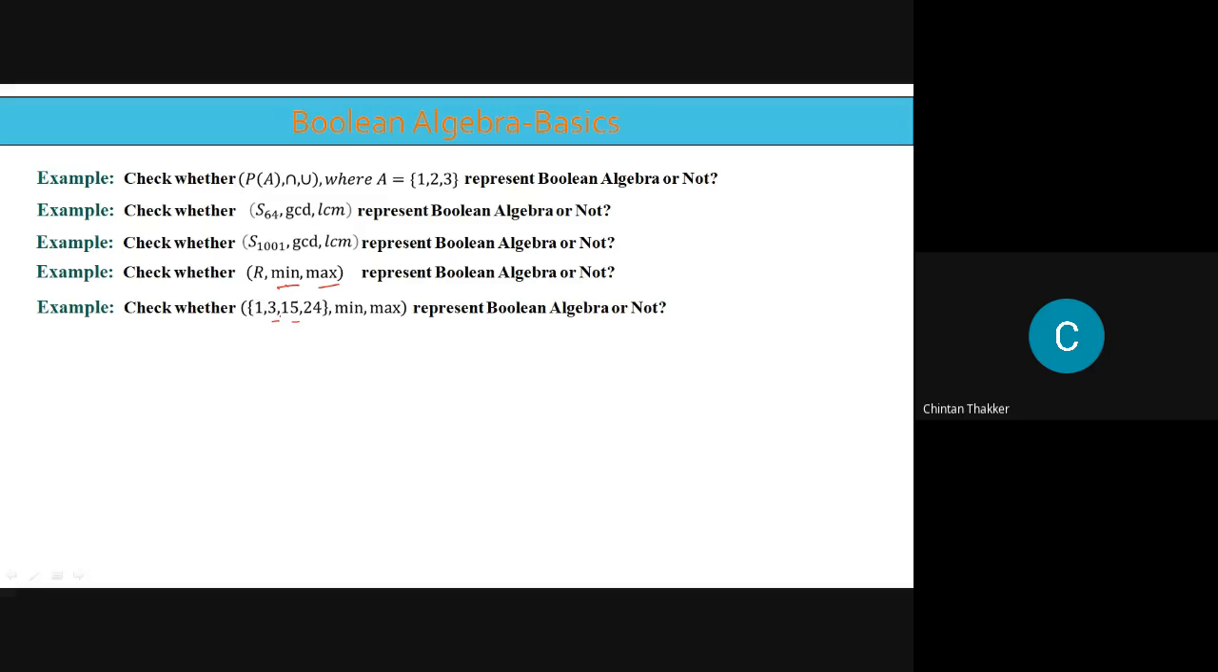उसके एलिमेंट्स 2, 8, 16, 32 इस फॉर्म में है कि नहीं। अगर इस फॉर्म में है तो वो भी बुलियन अलजेब्रा होगा। ठीक है, तो ये शॉर्टकट मेथड है चेक करने के लिए बुलियन अलजेब्रा है कि नहीं।